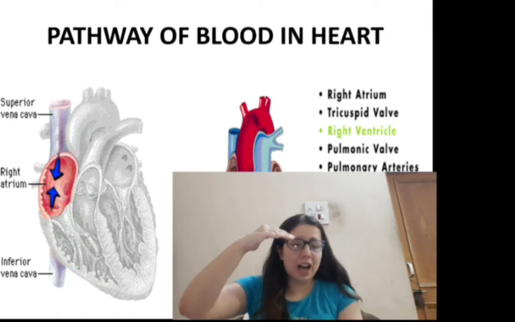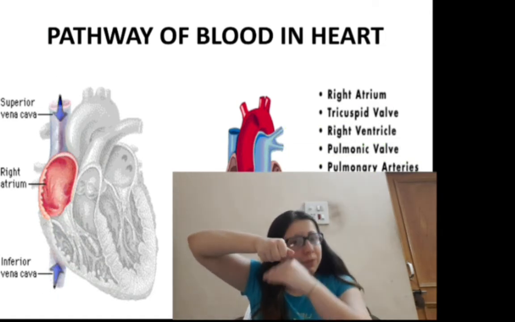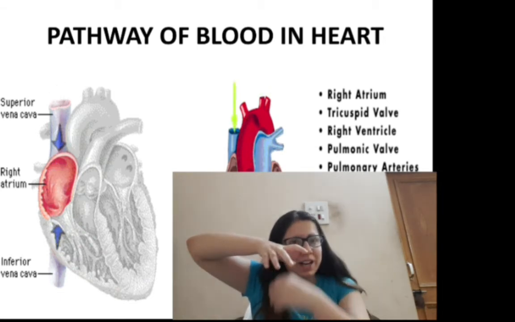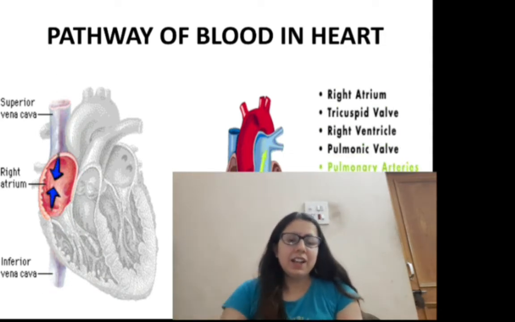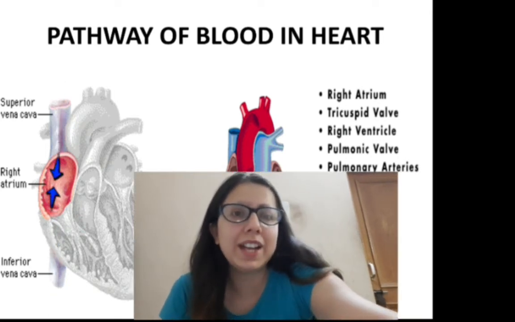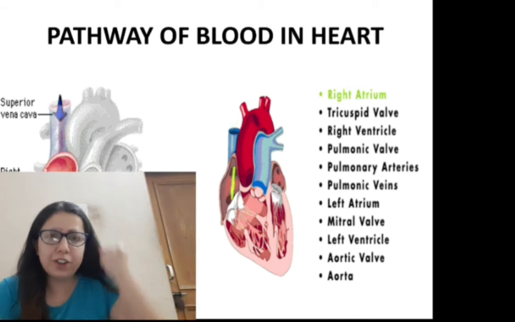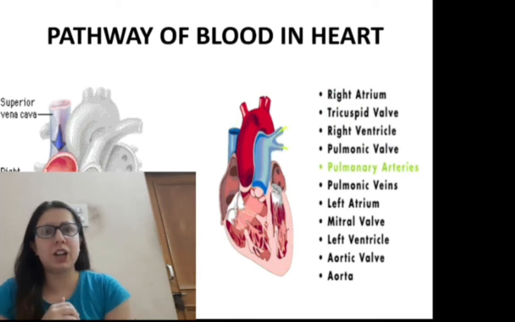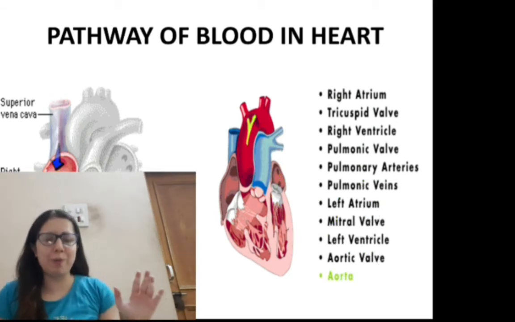Right ventricle down through the tricuspid valve. It has the tricuspid valve, so it moves through that. The tricuspid valve opens and the blood enters the right ventricle, right? Then what happens? The ventricle is full, right? We will shift to this part now. Then the ventricle is full and the tricuspid valve shuts so that there will be no backward movement, right? So there will be no backward movement.